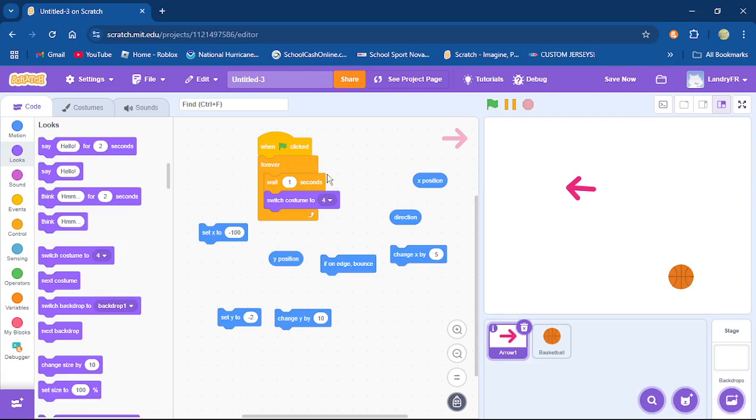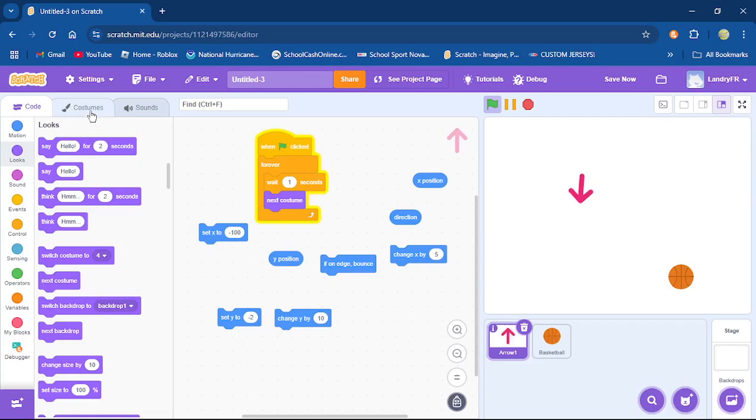So in saying that, we are going to now go to the next thing. If I want to switch costume to 4, it's just going to keep doing that forever and ever, okay? So we don't really want to do that. That's not really helping us. But if we go to here and we bring in next costume, it's just going to constantly rotate to the next costume over and over every second. It's going to loop through and it'll just do that forever. So that would be a way you could animate things.